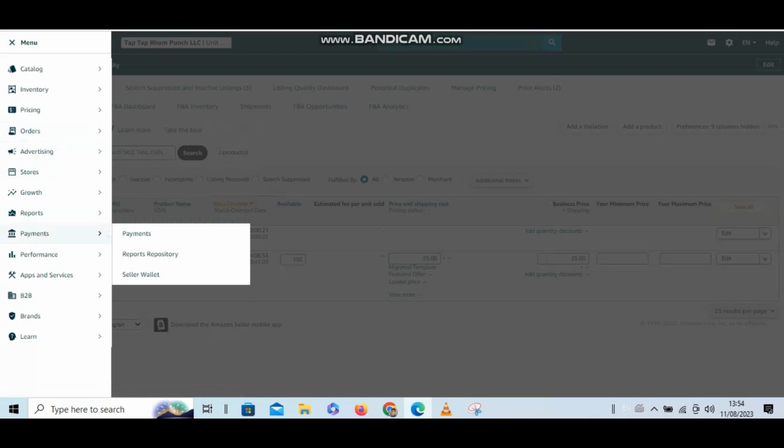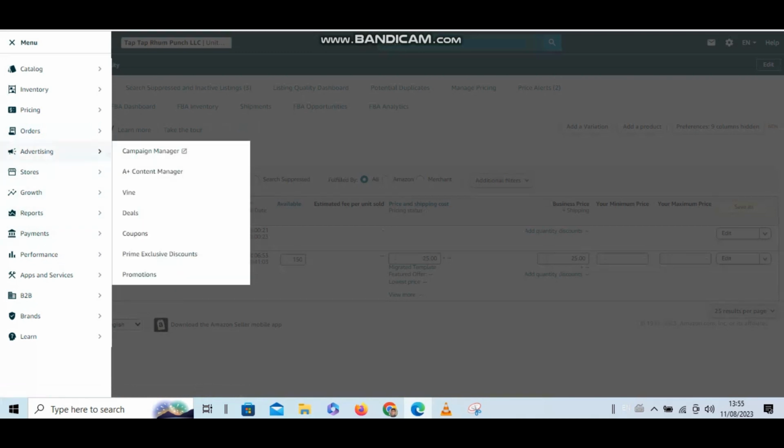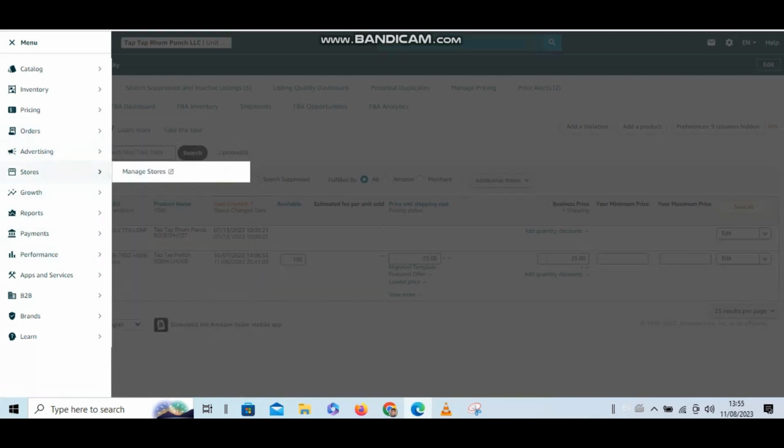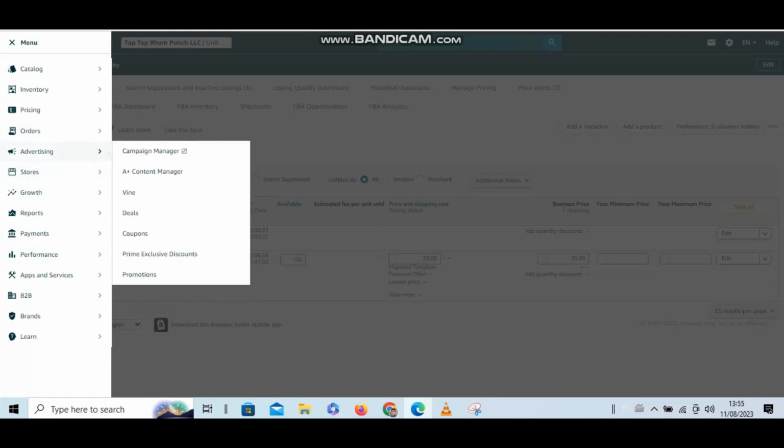The next 6 menu categories in Seller Central offer additional tools and programs. All sellers can select advertising to explore options for showcasing products with promotions, deals, and coupons. Professional sellers can also use our Campaign Manager to create sponsored products campaigns that feature a single product. And professional sellers with a brand enrolled in Brand Registry can create sponsored brands campaigns that feature multiple products from